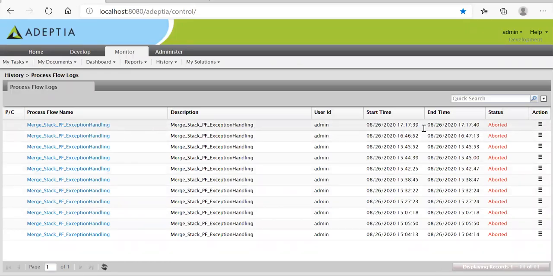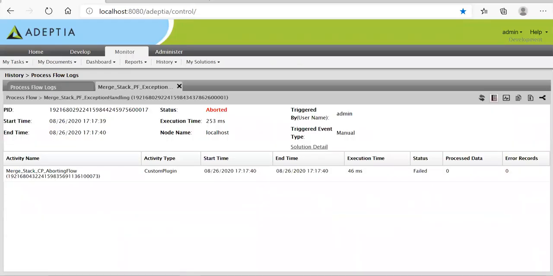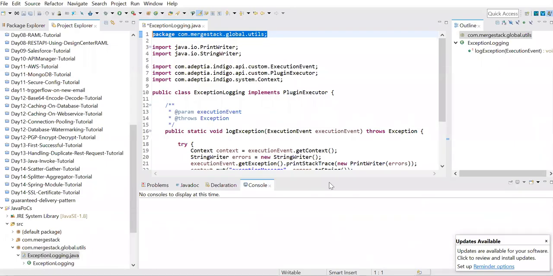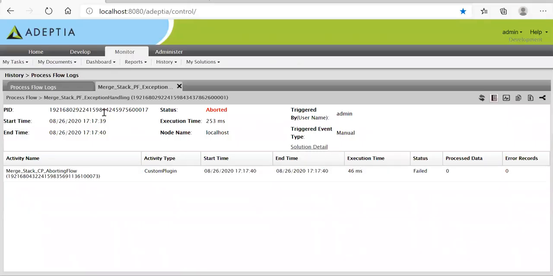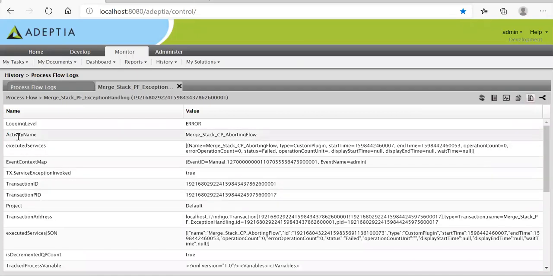So it's aborted. What we did here in the code is we captured the exception message and activity name. These two context variables I'm expecting in the process flow context information. So it's aborted, let's go to the context information. Here you can see the activity name, merge custom plugin, because that is the one throwing the exception.